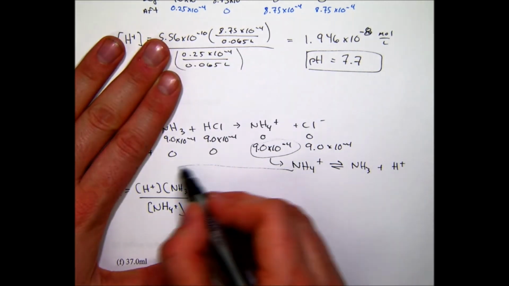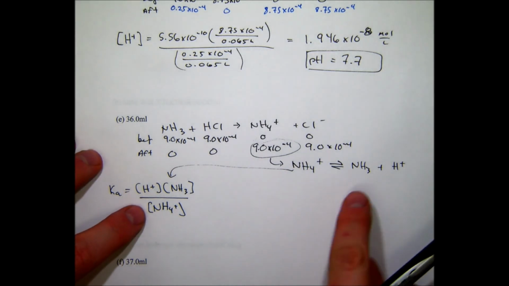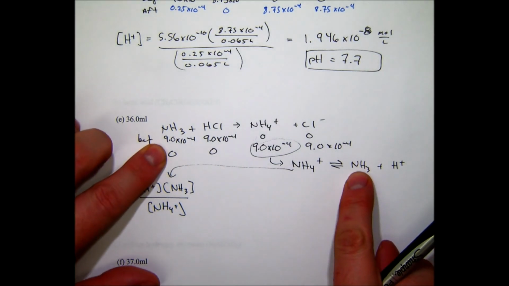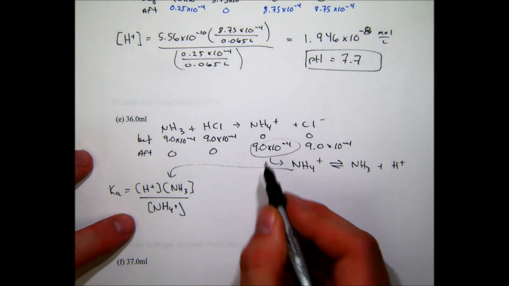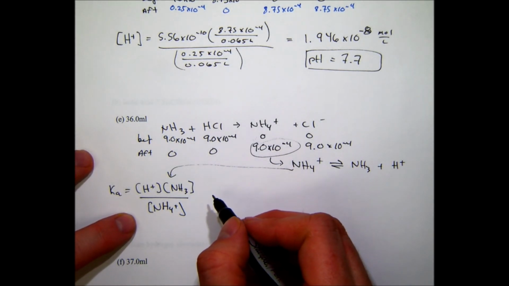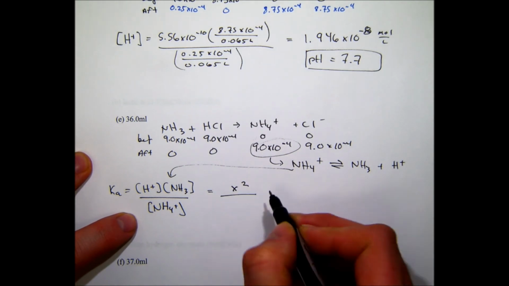And I'm going to take this equilibrium, and this is only true for the equivalence point. I'm going to take this equilibrium and use it here. I don't know how much of this, I have none of this to start with. I don't know how much H plus I have, but I do know what my starting material is. So this is going to equal x squared over